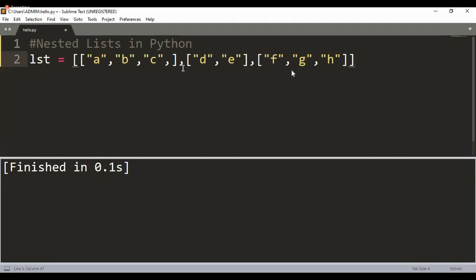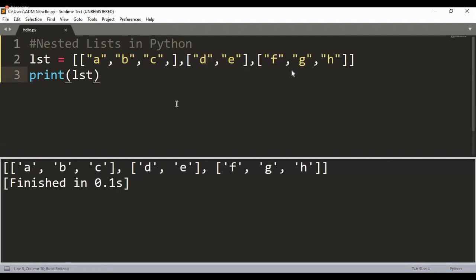Similarly, the first element happens to be a list, and the second element also happens to be a list. Since we are creating a list within a list, this is what is called a nested list. Any confusion? Now if I try to print my list contents, you can see, as per our expectation, we have got the expected output. This is what is technically called nested lists.